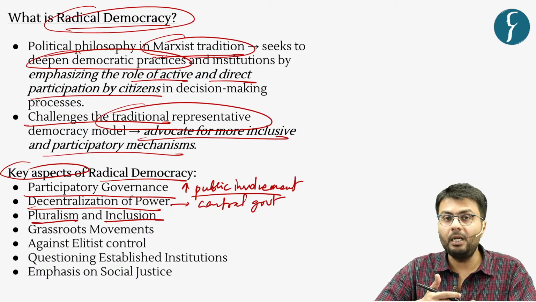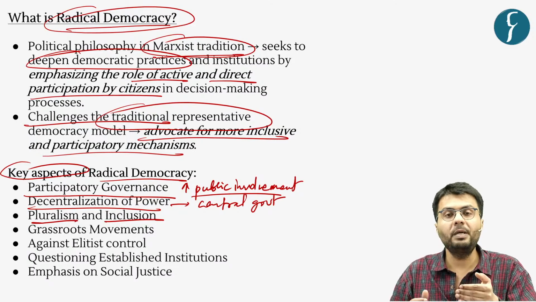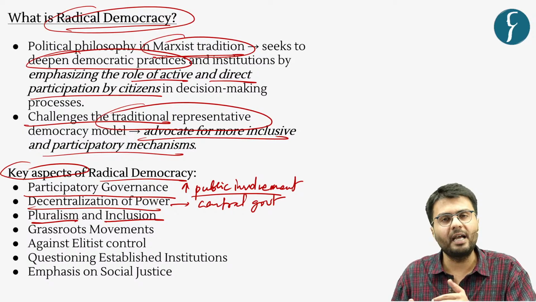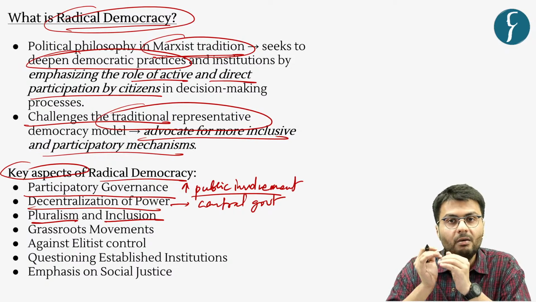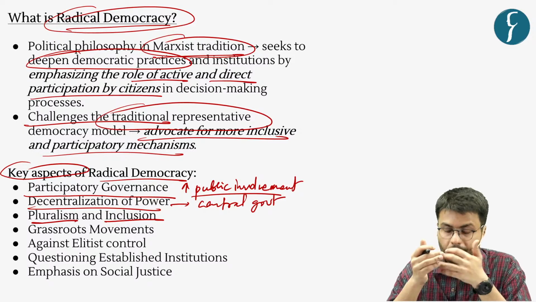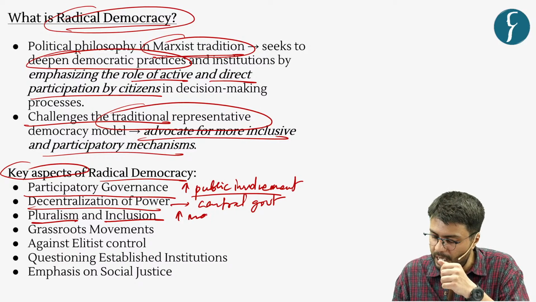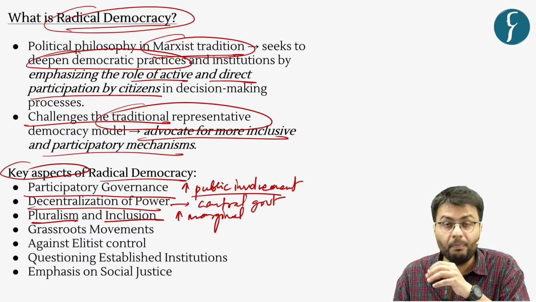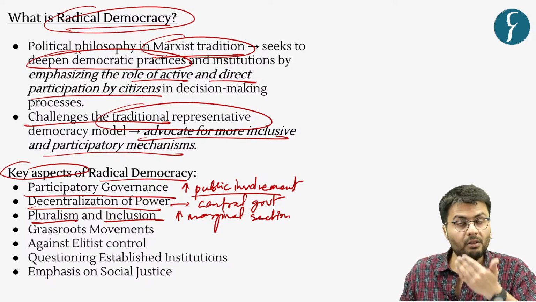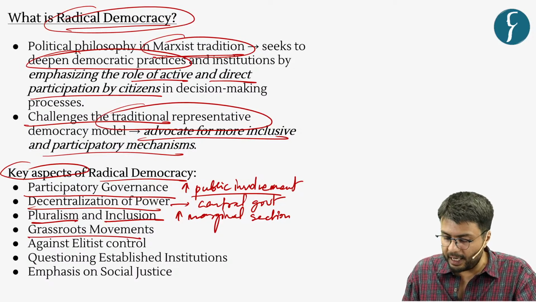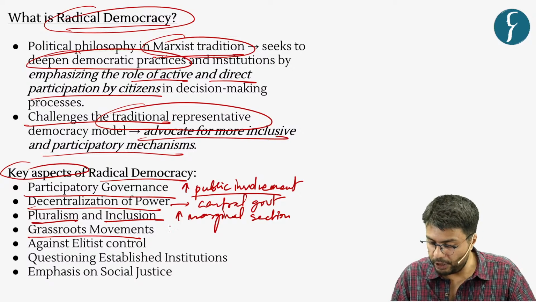Because, for example, in a representative democracy like ours, the participation of the marginalized and downtrodden sections is minimum because of their numerical minority. However, radical democracy intends to increase the participation of the marginalized sections because of decentralization of power. And this model of democracy also encourages grassroots movements in the country, which means collective participation and